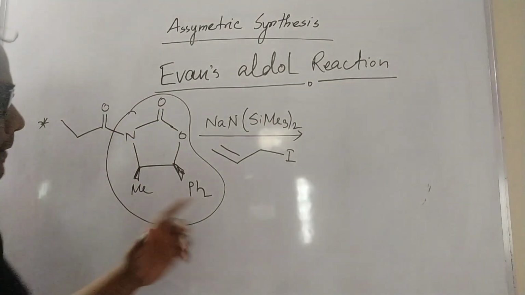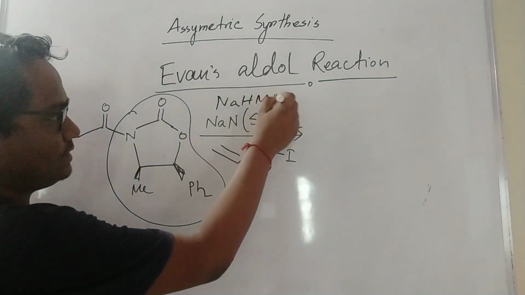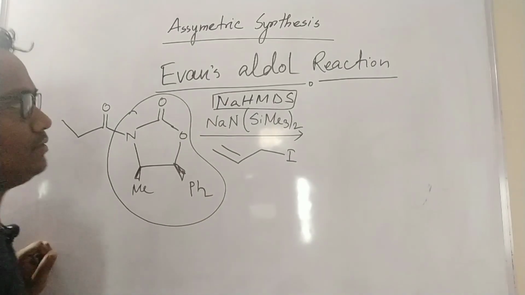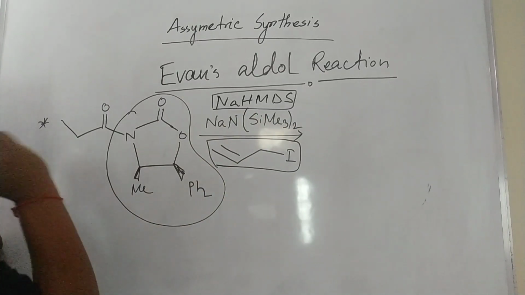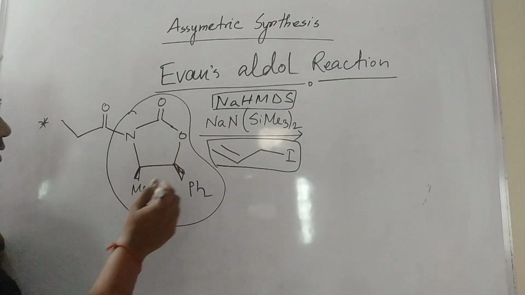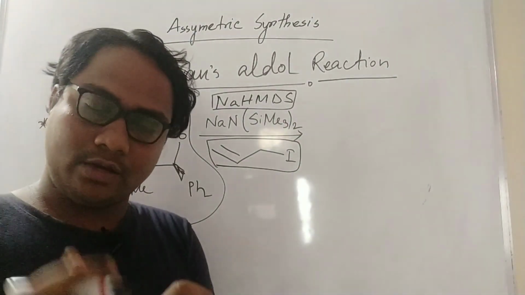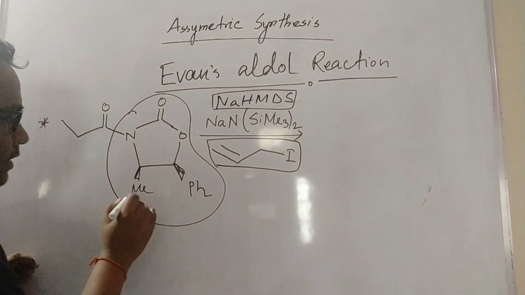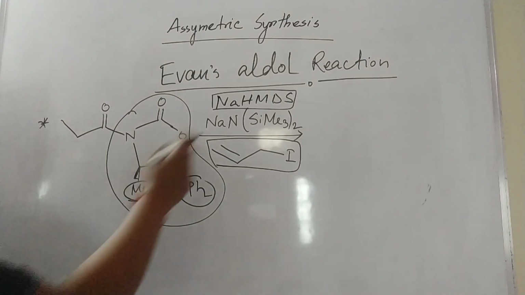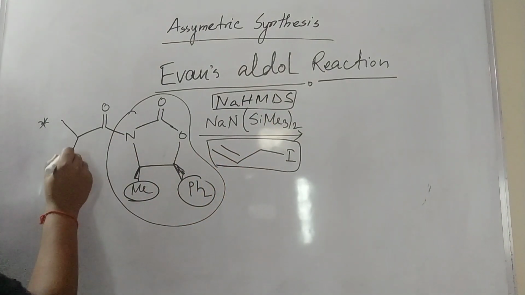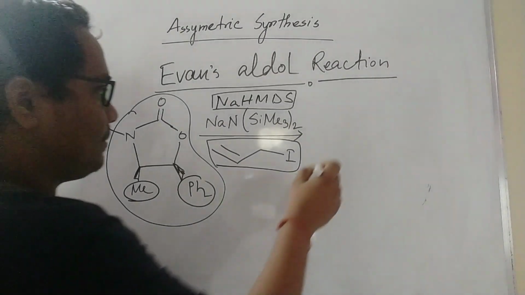See this, and this sodium, this is called NaHMDS. You already know this, it is a strong base, and this is some allyl halide. So here I used one short trick for your purpose, and I also have to explain the stereochemistry. Here is methyl and here is Ph. So what will happen here? The base will take which proton? This proton. There are 2 protons here, so one will be taken, and what will be the product?